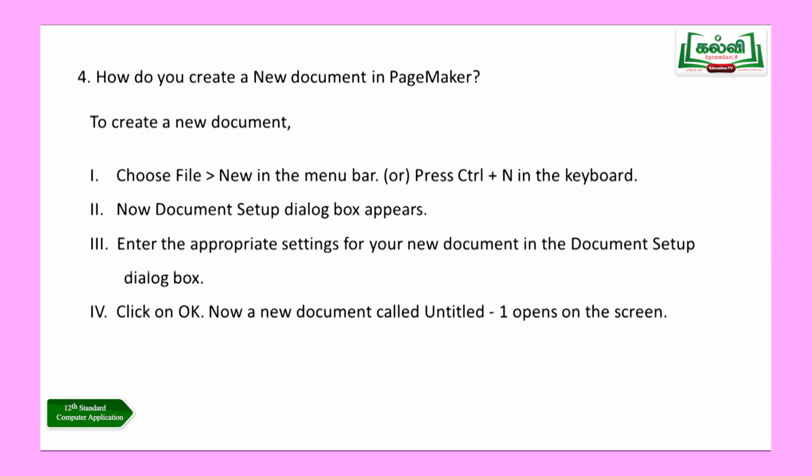First you open Adobe PageMaker using Start, All Programs. After opening it, you go to the menu and choose File, New, and then you will get a document setup box. In that you have to give all the document details: the margins, left, right, top, bottom, then the page size, and the font. Everything you will decide. After deciding this, you will get an opening screen where you will type the document.